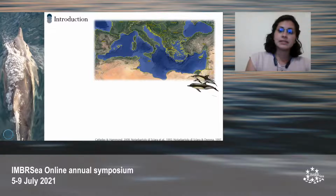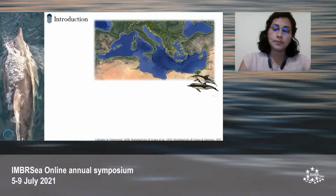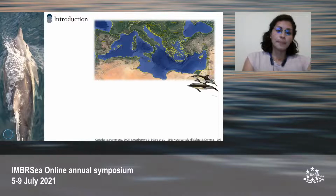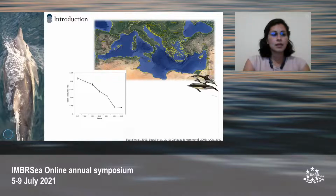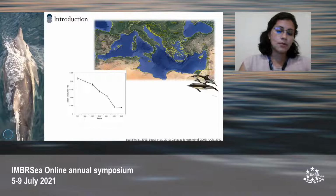In the Mediterranean Sea, this species was very common. You can find it in neritic or pelagic waters. Also, they present high site fidelity. But due to different causes, the population started to decline. These causes may be overexploitation of the food resources, marine traffic, even a virus that affects this population